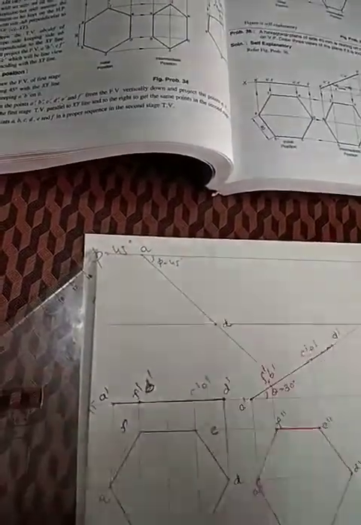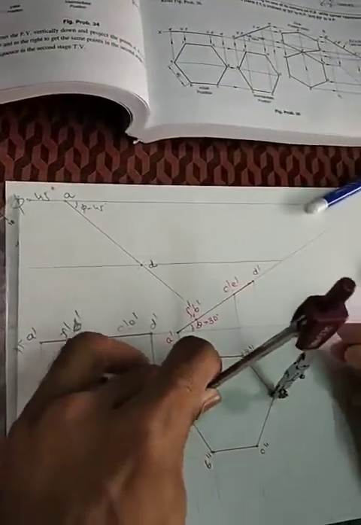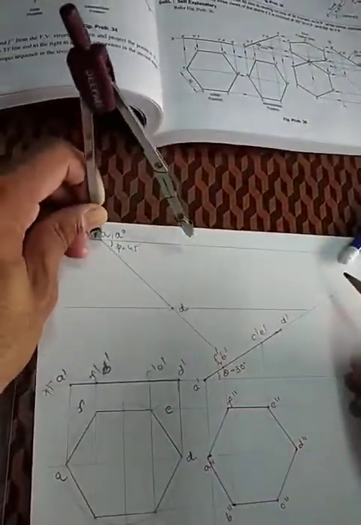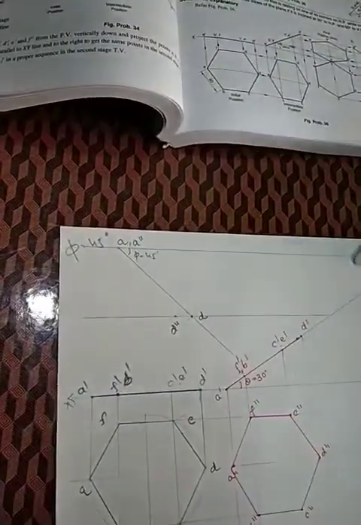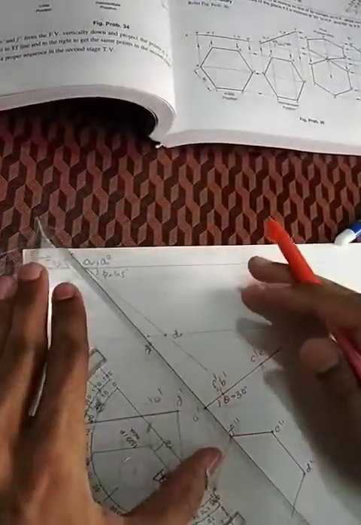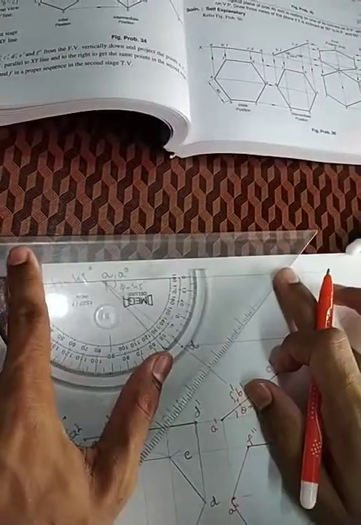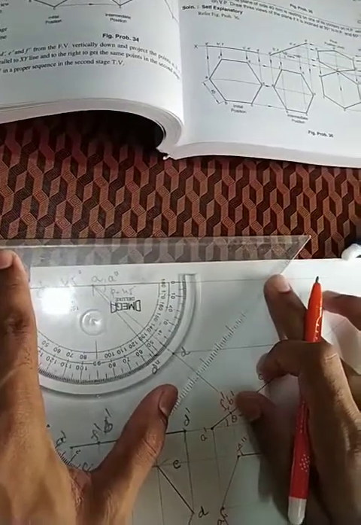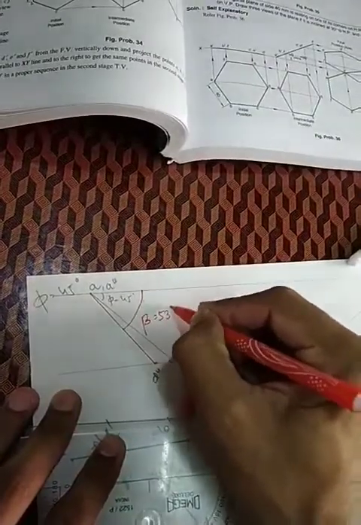After that, take a radius equal to A double dash D double dash. From the second figure, you have to find the radius A double dash D double dash. So this point will be A double dash. So A double dash to D double dash, it will cut the line at a certain point. Name it as D double dash and join this line with D double dash. Right, so I got a certain angle here. You have to measure that angle. Say for example, this angle is coming as 53 degrees. So this angle beta will be 53 degrees.